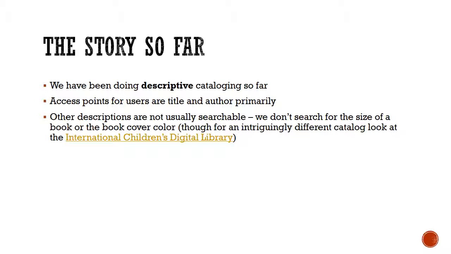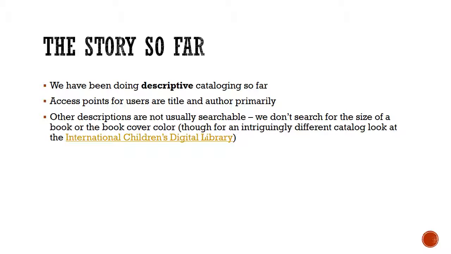They know the title or they know the author, and they can go in and use those known items to look for the material that they're looking for. Other descriptive elements are not usually searchable, so we don't search for the size of a book or the book cover color,